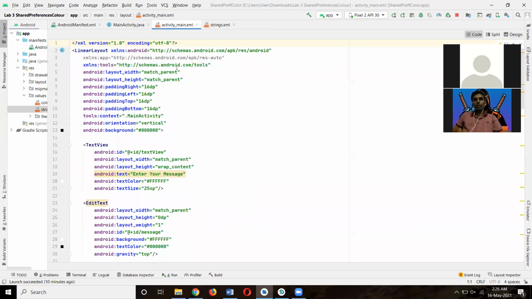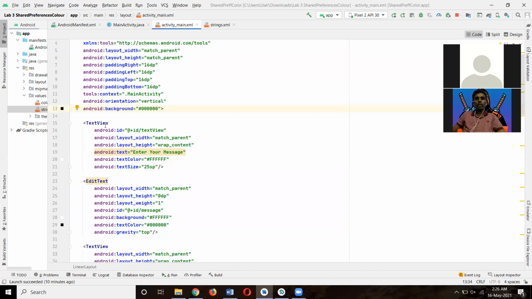This is the code of the activity_main.xml. This is the background color code, which means it's black.